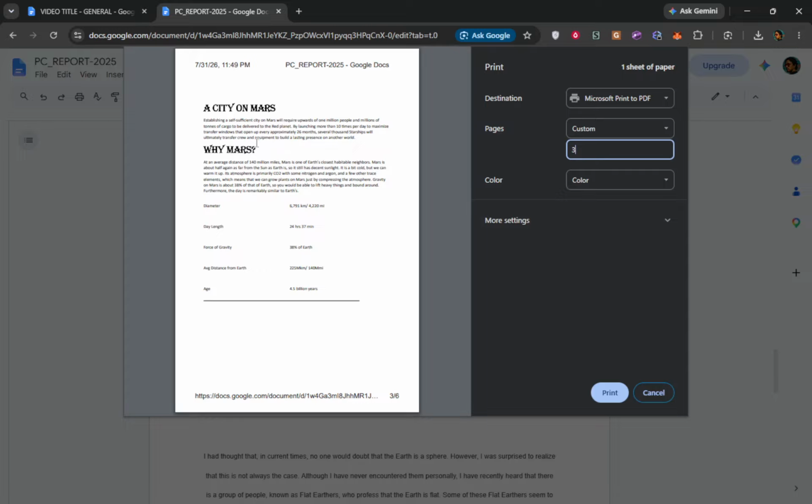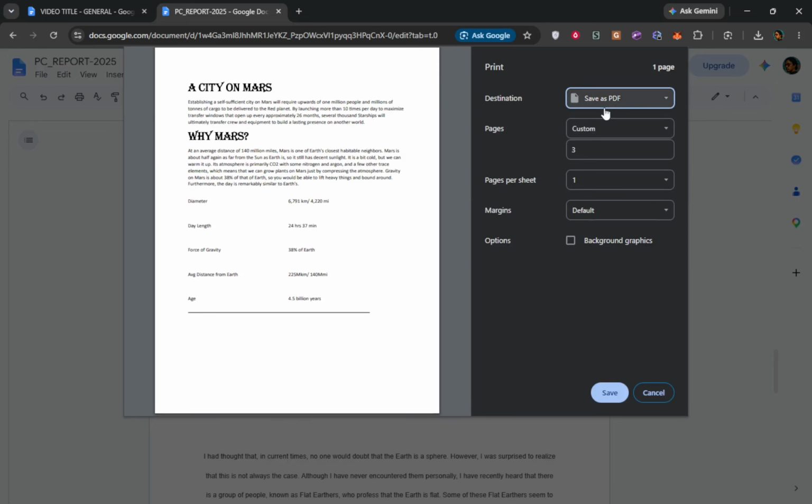Next up, set the printer or destination to Save to PDF. In the print window, look for the printer or destination field and open its list. Choose the option that mentions Saving as PDF, often called Save to PDF or Microsoft Print to PDF, depending on your system. When this is selected, you are creating a file instead of using a physical printer.